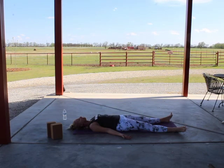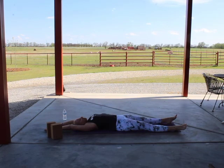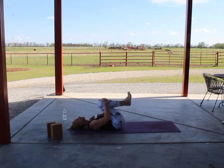Taking your mind back to the sound of my voice. Begin slowly awakening, wiggling your fingers and your toes, rolling your wrists and your ankles, and slowly drawing your arms overhead for a full body stretch. With your next cycle of breath, drawing your knees into your chest, rocking side to side if you like,